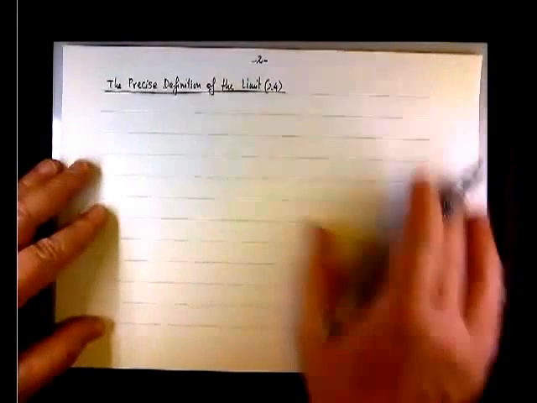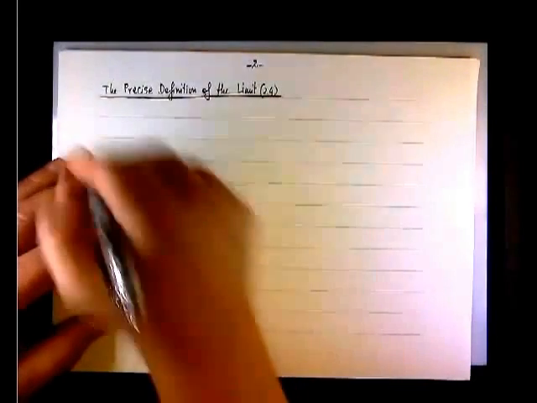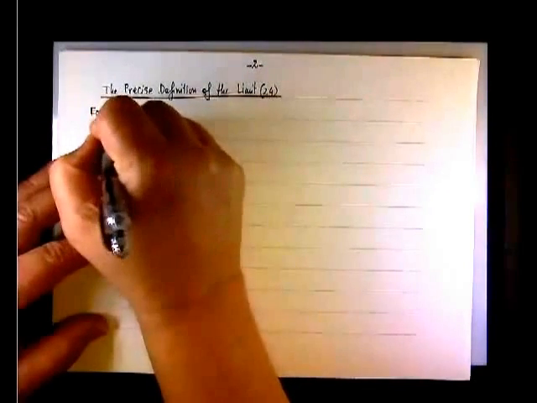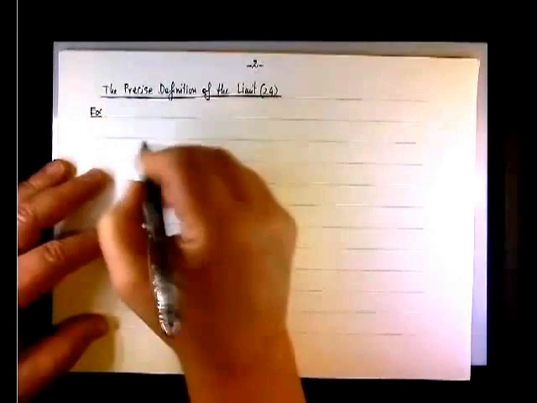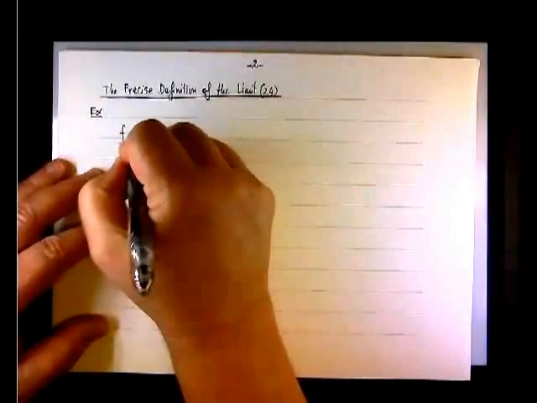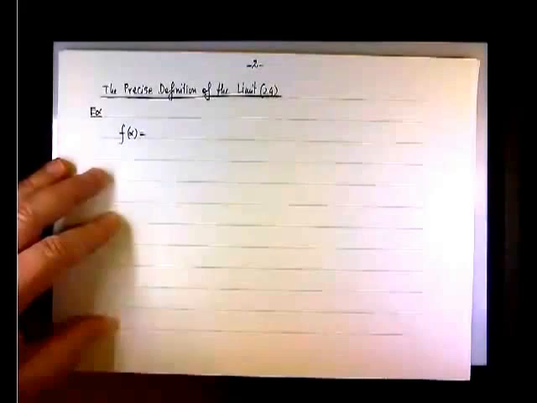Didn't leave much room to write on the right side. But let's start with an example in this case. So it will be something like this. We have another function that looks like this: